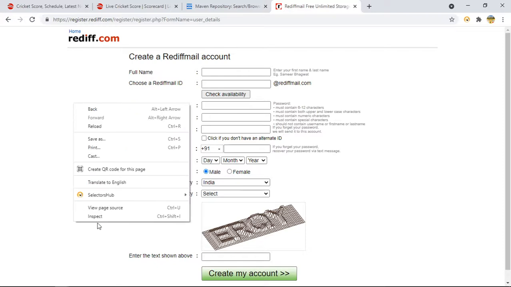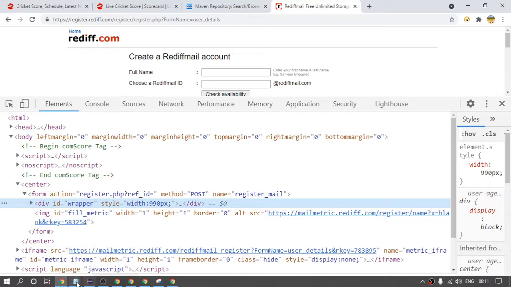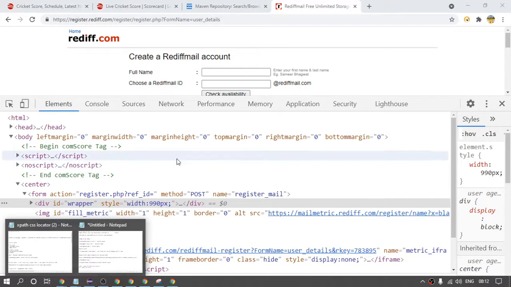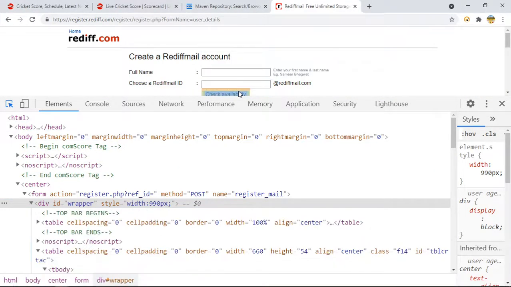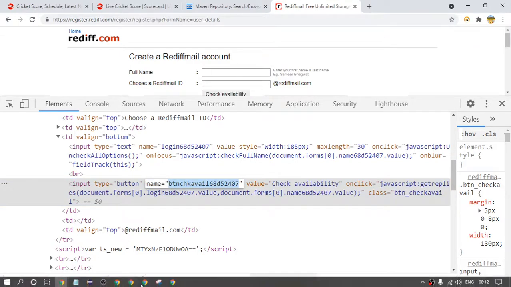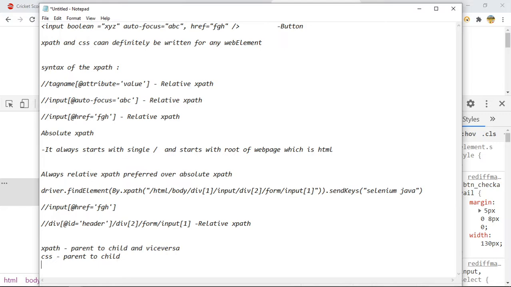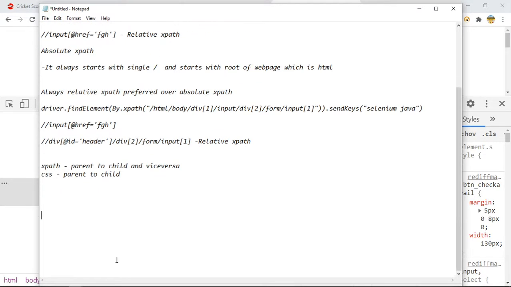If I show you the HTML code, check availability. Suppose your task is to click on this button. If I copy this value and place it here, so this is the value.